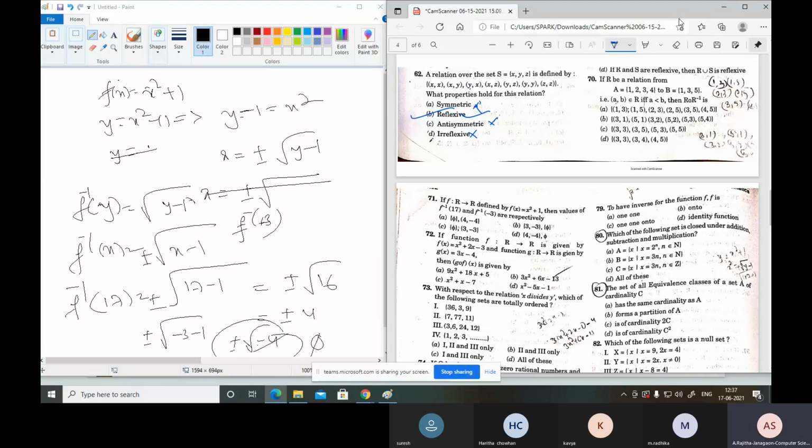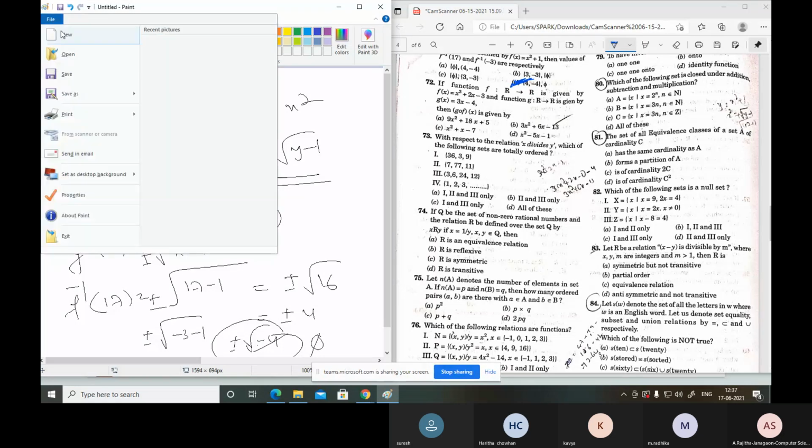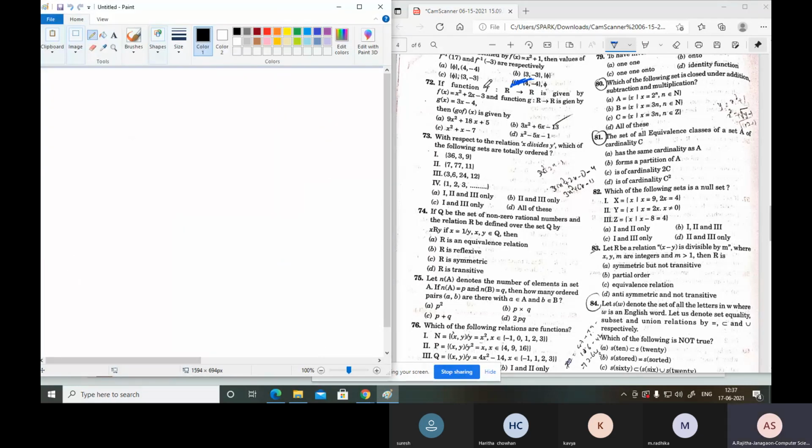Next, like that, this is also the same. It means you can find the function. So you know that very well; this type of functions we go. This is what? 0, x and x. Okay, so first f of x equals x square plus 2x minus 3. Now g of x equals 3x minus 4.